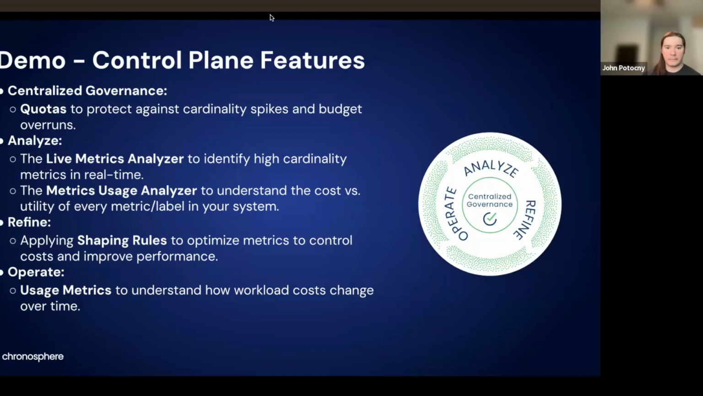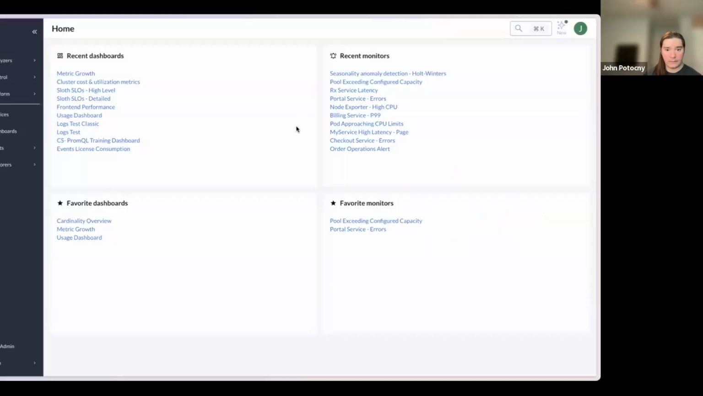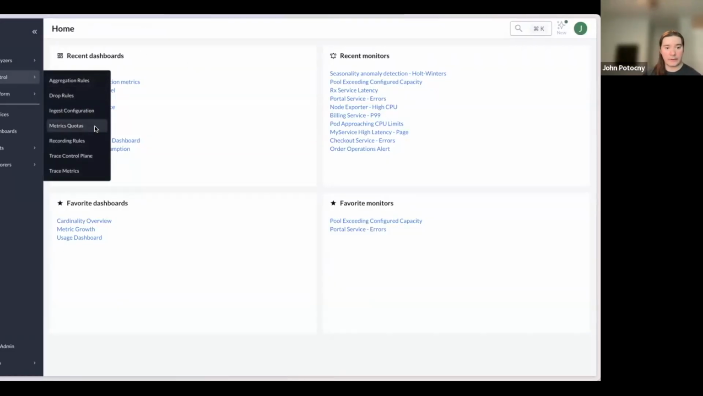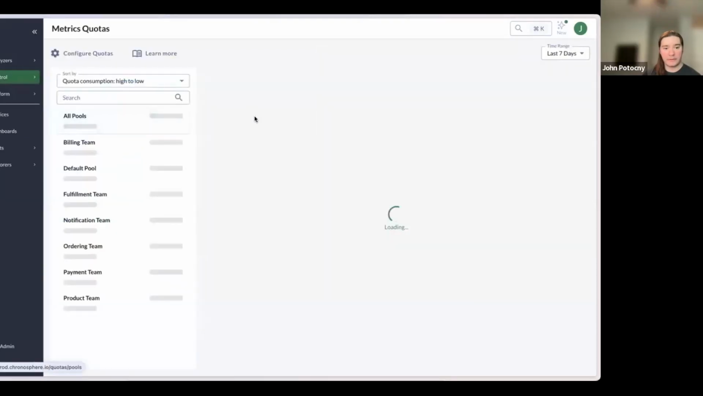Yeah, sounds good. I'll shift over here to Chronosphere, and we can get started. Walking through the platform, as you mentioned, Scott, let's start off by talking about how you can set up guardrails and have centralized governance using quotas. If I go into the Metrics Quotas section in the platform,